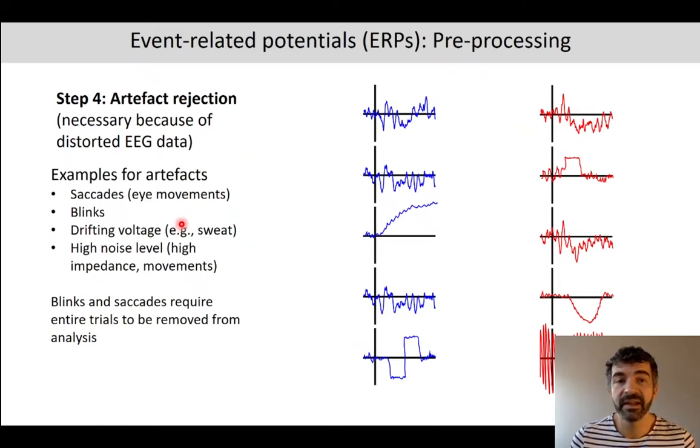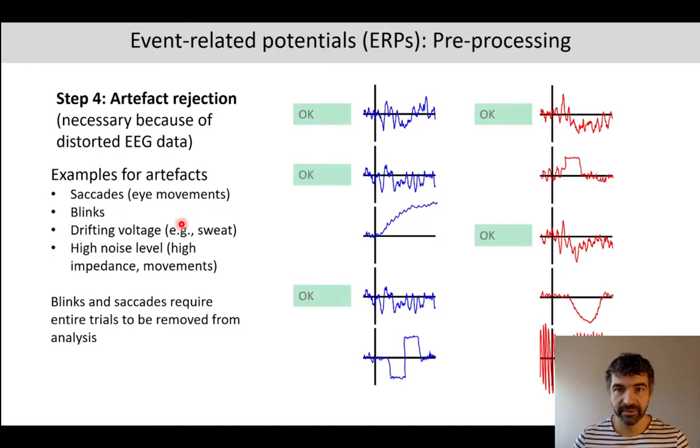An artifact is a part of the EEG data that is contaminated with noise. And what we need to do then is to take each trial, look if there is an artifact present or not, and if there is one present, then we will reject that trial and not use it for further analyses. So examples for artifacts are, for example,